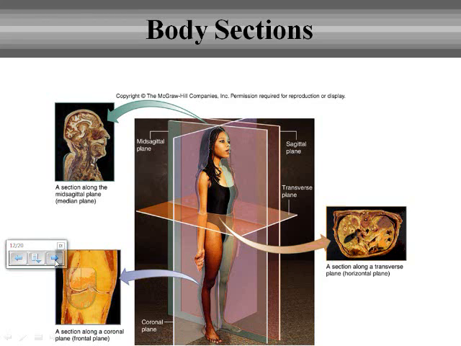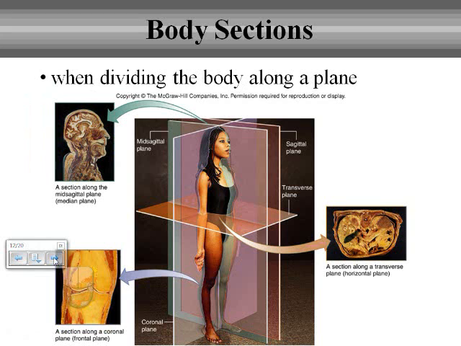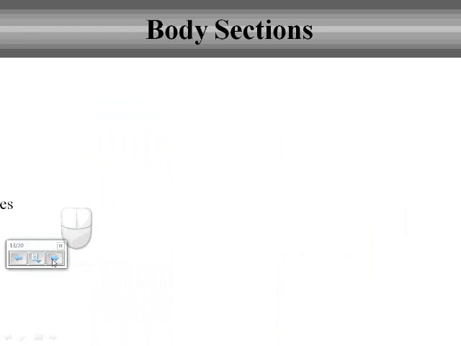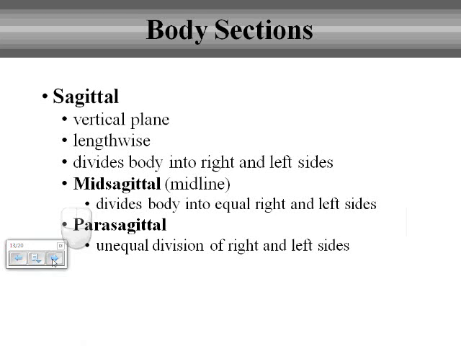We can also start to cut your body into sections. We often refer to planes, how we kind of slice them. So when we talk about those particular body sections, we focus on 3 specific planes. We talk about the sagittal plane, and I really think that, yes, it's a vertical plane, so it's in top